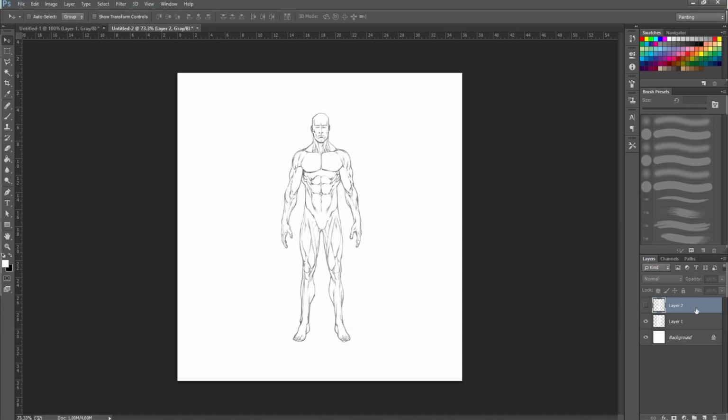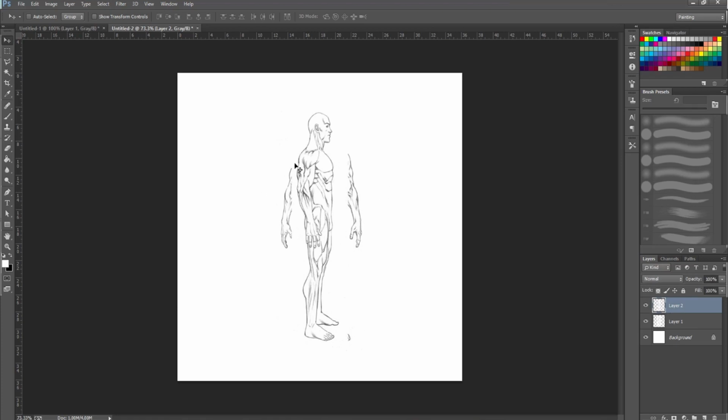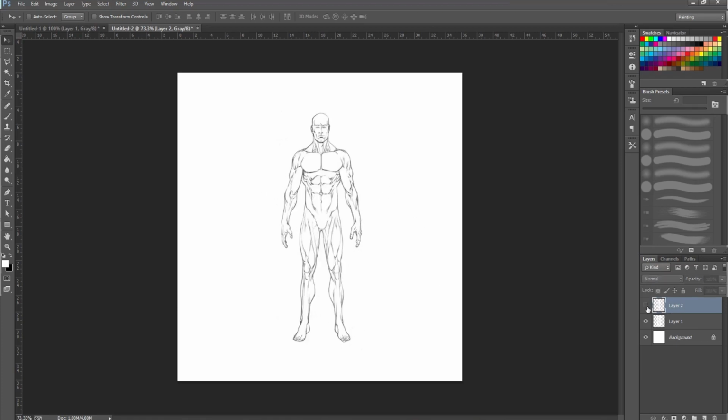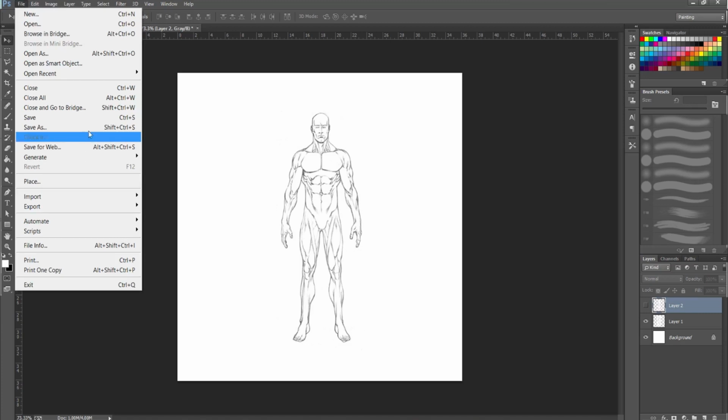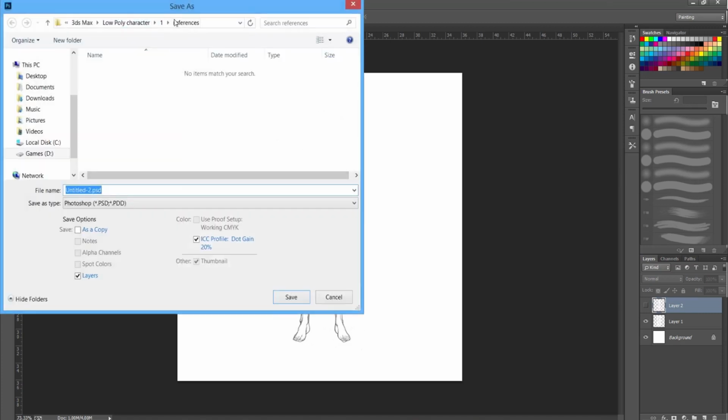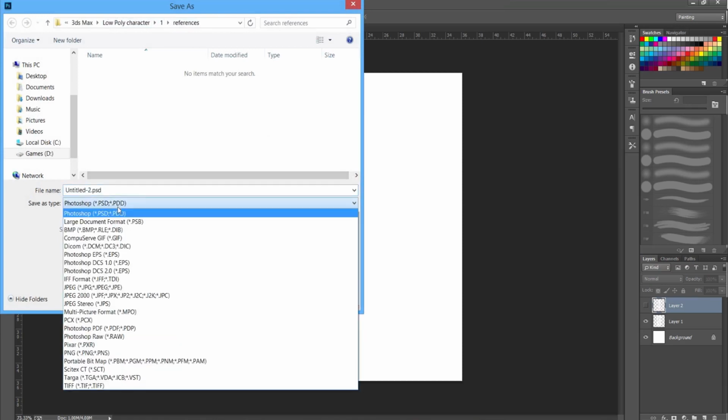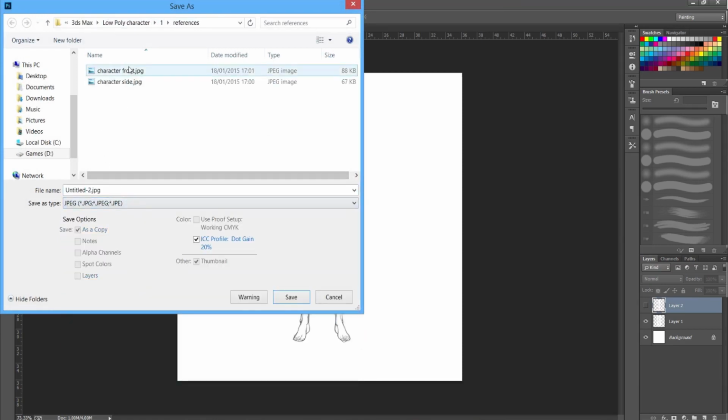So the best way to do this is to simply hide the layer that you don't want to save. I don't want to save this because they're both overlapped. I'm just going to hide that top layer, and I'm going to go to File, Save As, and I've already created a folder for this called References, and I'm just going to go down and save it as a JPEG, because